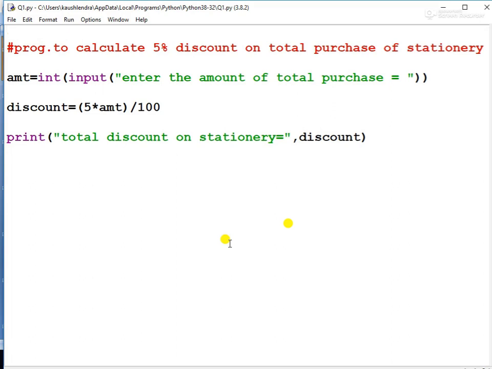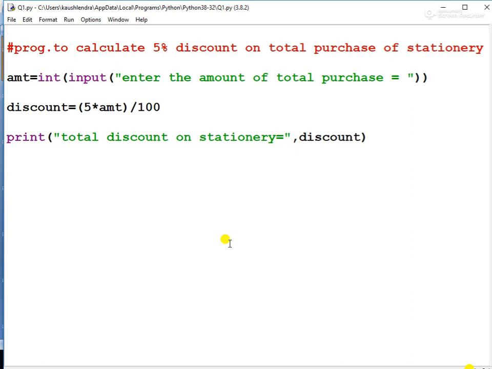Your first question is, create a program to calculate 5% discount on total purchase of stationery. In this program, you have to find out 5% discount on your total purchase. So for this, I am taking the total purchase amount as input from the user.